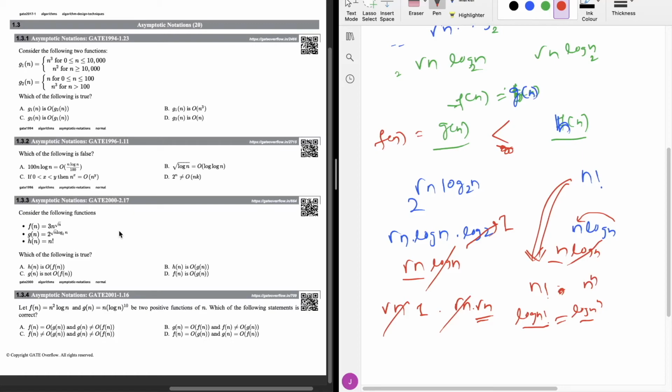We can express it in terms of big O, because the big O definition is that f(n) should be less than or equal to c into g(n). That equals term is there. That means if both are asymptotically equal, then also we can represent those terms using big O. So option D is left, and it is saying that f(n) is order of g(n). Yes, it is true because both are asymptotically equal. So the answer will be D here. Thank you.